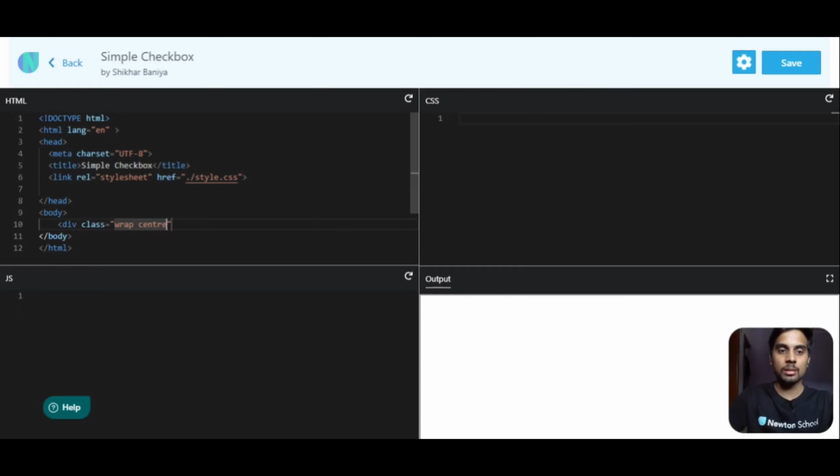So this center will center all of the elements in this particular class. Okay, let's close this. Inside this I want another div of class checkbox which will contain the checkbox. So let's close it.